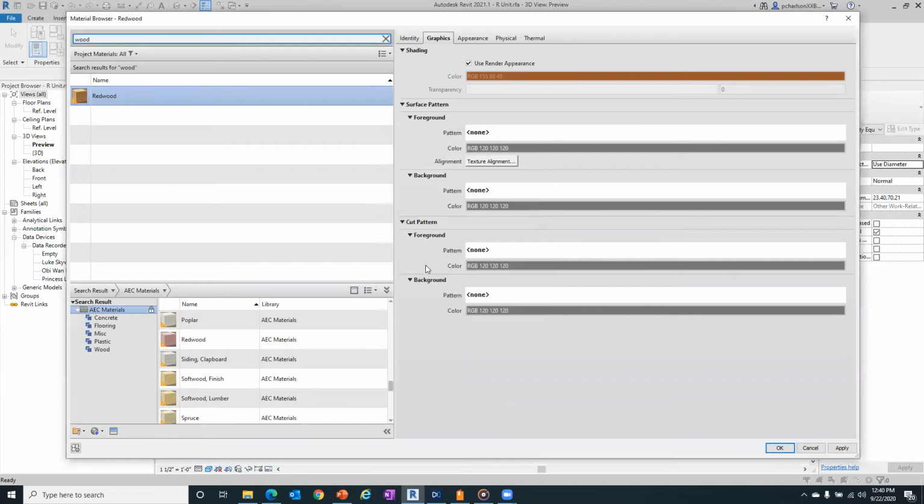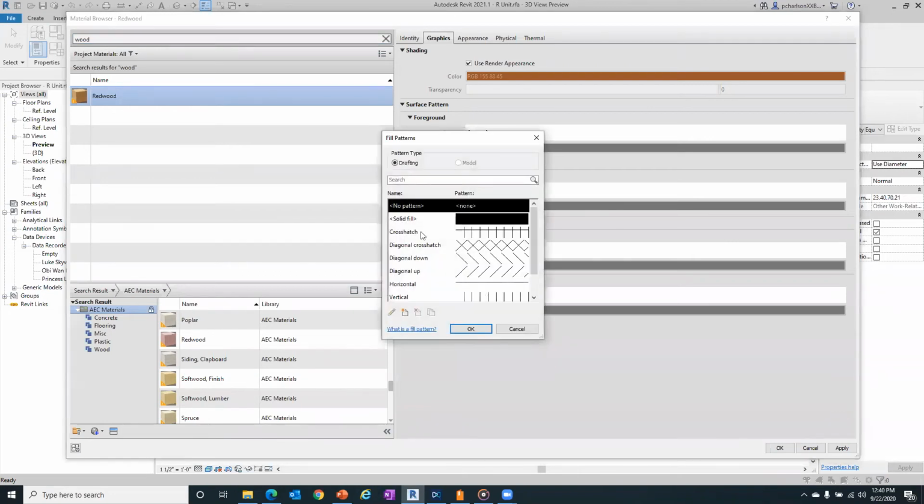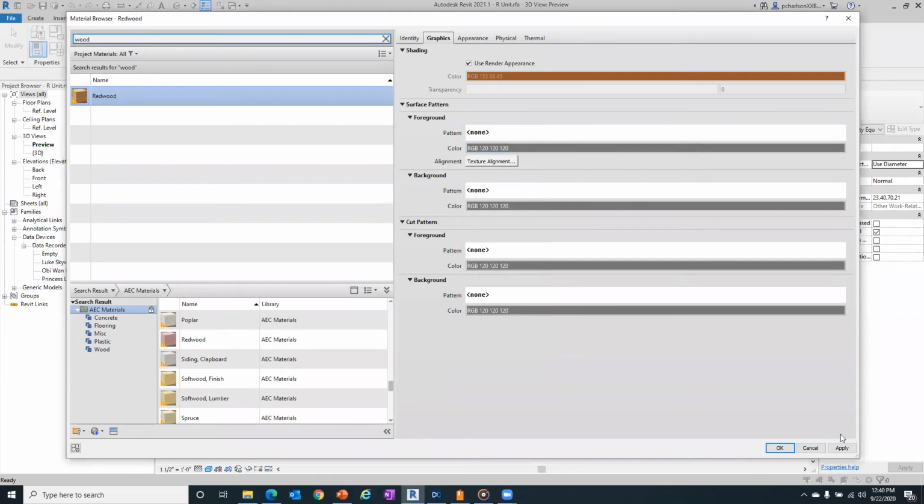And we also have an option here for cut patterns. So if we're looking at a cut representation of it, it's sitting in a cut plane, or we'll create a section cut, we could also go in and add a hatch pattern to that instance. All right, so if I go and click apply here,